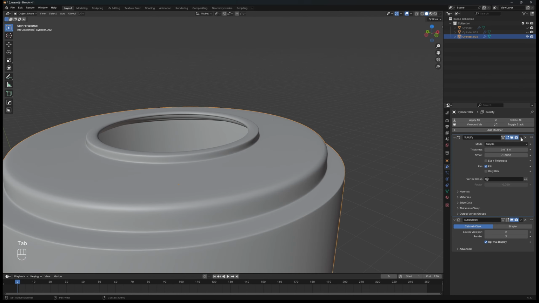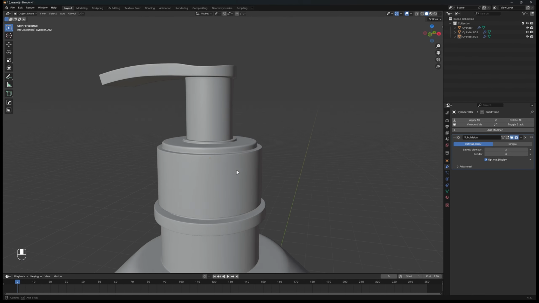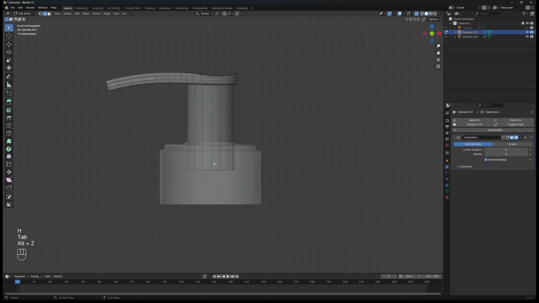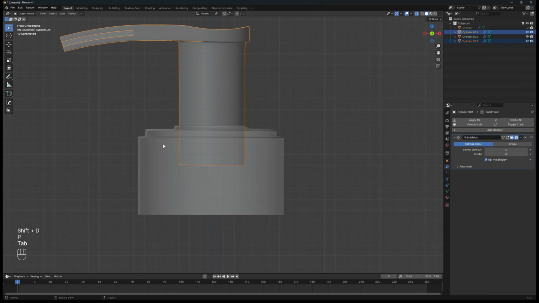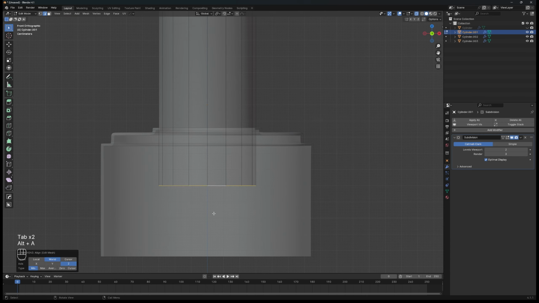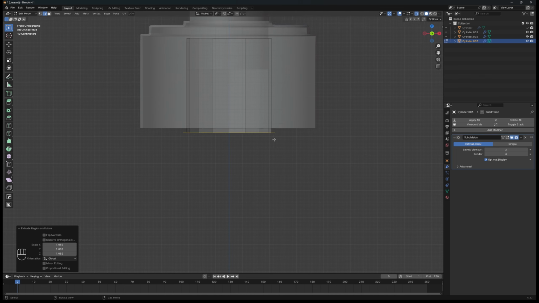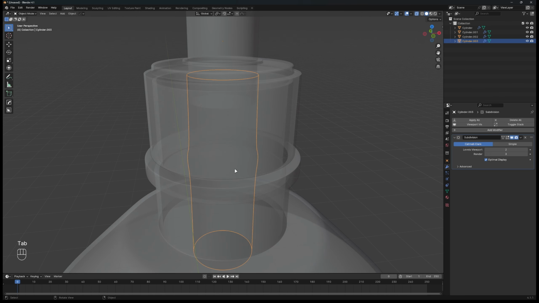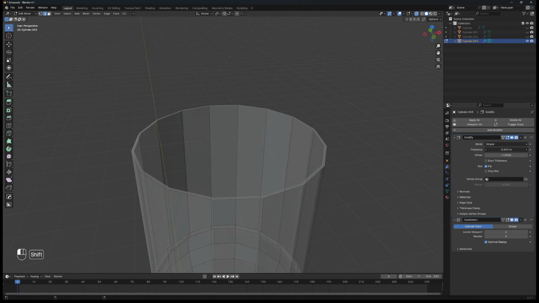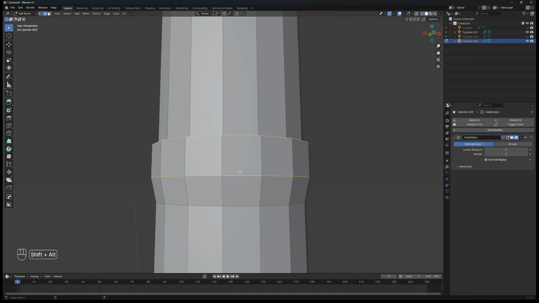Apply the solidify modifier and bevel the sharp edge. While the tip is selected, move to edit mode and duplicate some of the bottom circle of it. Then Shift plus D to duplicate, then right click to reset its position, then P to separate it by selection, then like this video. Select the duplicated circle and extrude it down to make a connection between the tip and the hose. The method is all the same as I did previously: solidify, subdivision, and bevel the sharp edge. And don't forget to bevel the inner edge too.